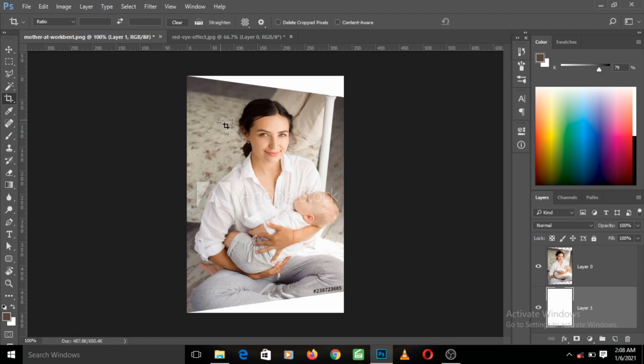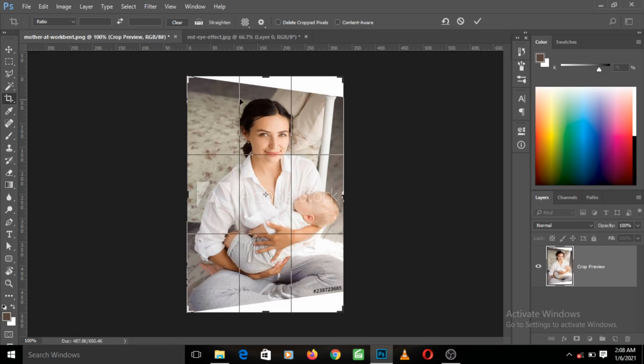One thing you need to know is this: whenever you are selected on a tool, the properties bar shows the properties of that tool. There's one option I need to make you aware of, the one that says delete cropped pixels. If you leave this option unticked, let me crop the image again so that you can see the difference.